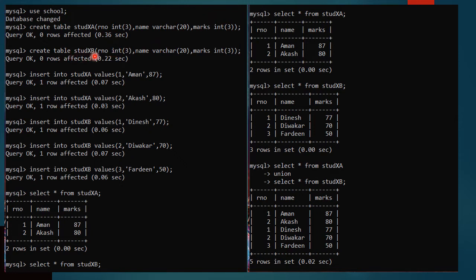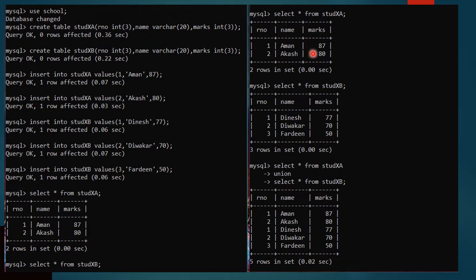Similarly, create another table of student 10th B with the same fields and even data types. If fields or data types are not same, union will not work. Now I have inserted two rows in first table and three rows in second table.